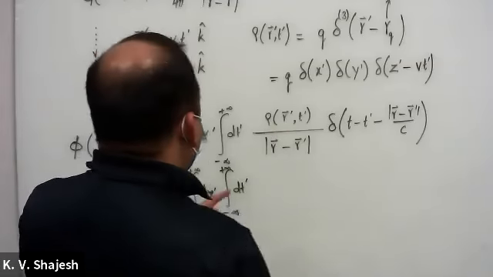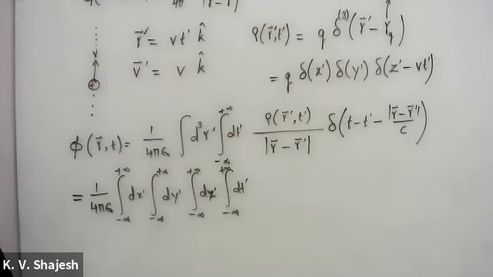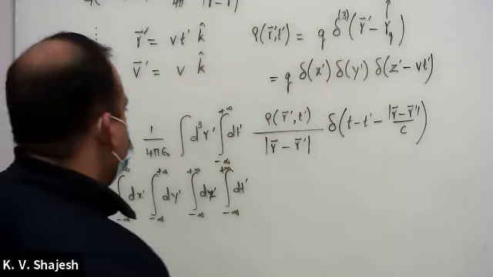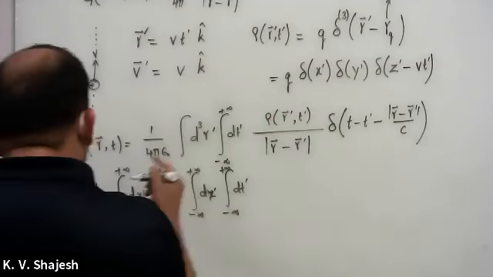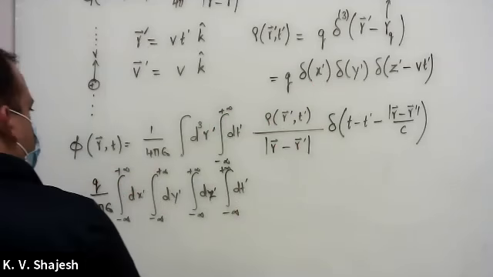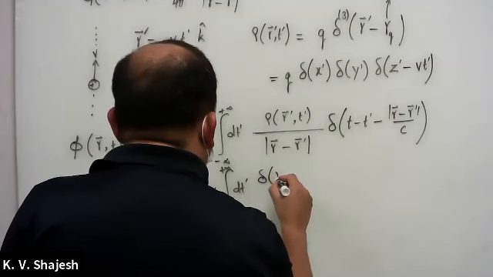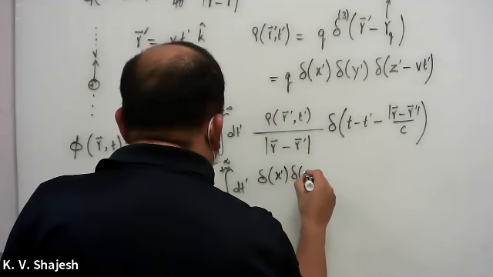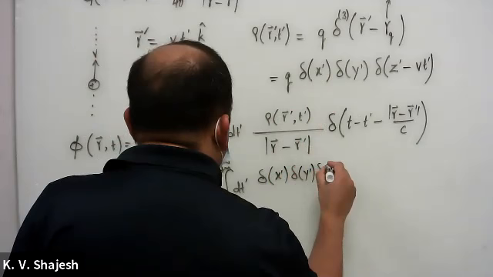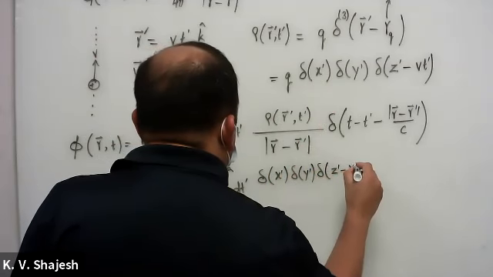And there are 4 delta functions here because 3 come from the charge density and 1 delta function comes from the potential itself. So there's a q there. I'll put it in front, q, and there is a delta of x prime, delta of y prime, delta of z prime minus vt prime,